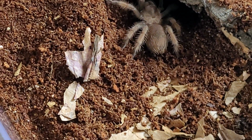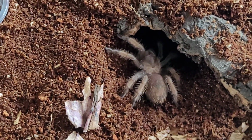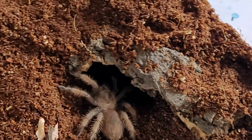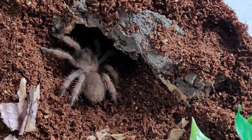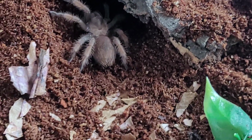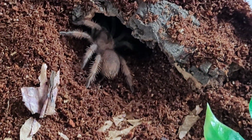This substrate is a tiny little bit damp, but that dries out with the heat of the room, and it's only damp because it's been in my substrate container. But yeah, I think it's going to like this little home here. Any more information? Yeah, this size, I will be feeding it